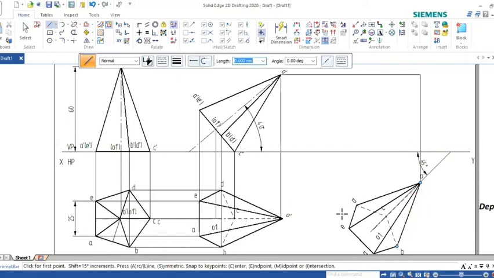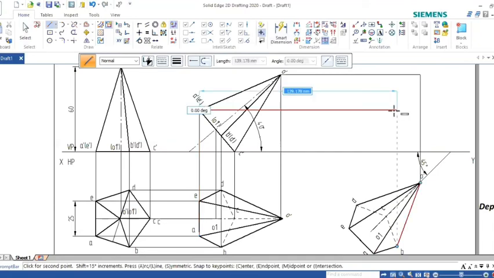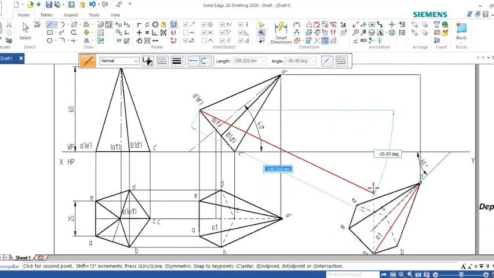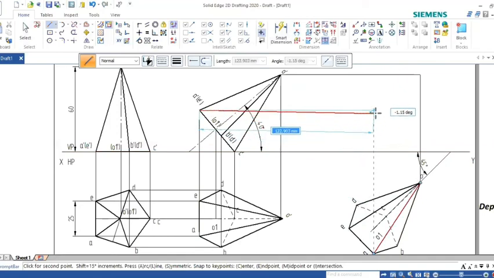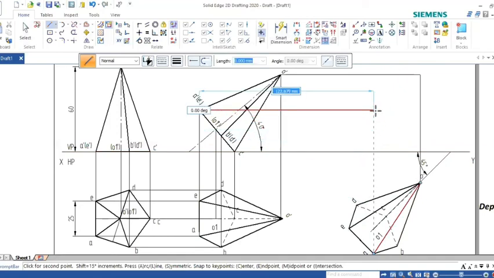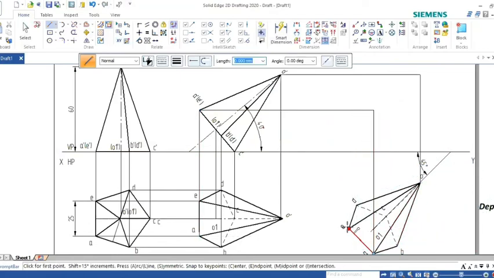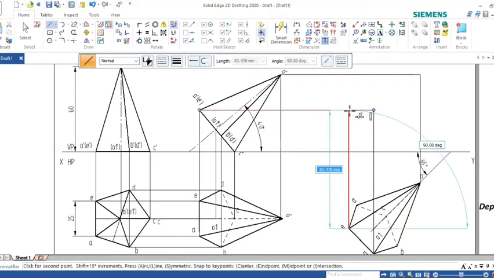Similarly, locate all A, B, C, D. Okay, now to locate A and E, come on this line. A and E. Stop here. Then extend this line. Right click. Again, E will come here on that same line.